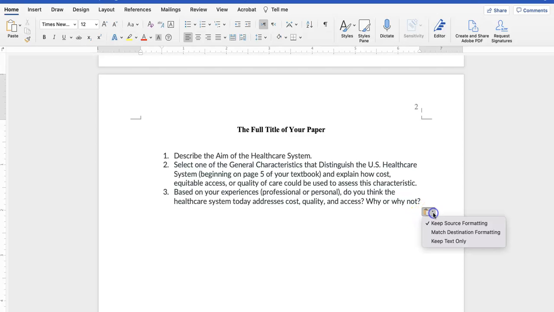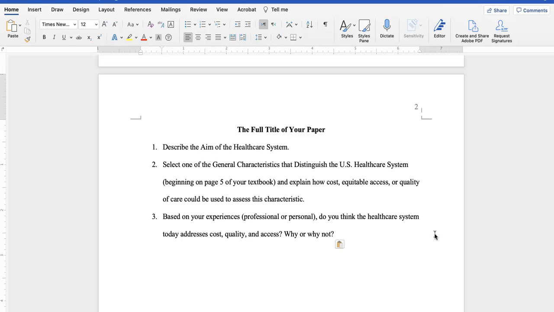Now, I always like to make the text match the formatting of what I'm working in. It just looks more consistent and helps solve some problems later. So you can use this checkbox and use match destination formatting. It'll adjust the font size and the font choice to match the rest of the writing around it. And we see, okay,